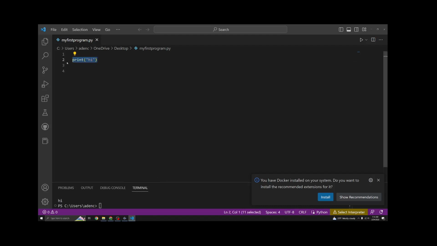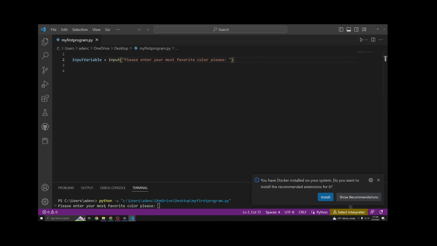Once you're in the terminal, you can go ahead and add the following code. We're going to make an input variable. We're going to set it equal to input. You're going to add this text. You can go ahead and run it. And you'll see, please enter your most favorite color, please. So we are going to type yellow, hit enter,